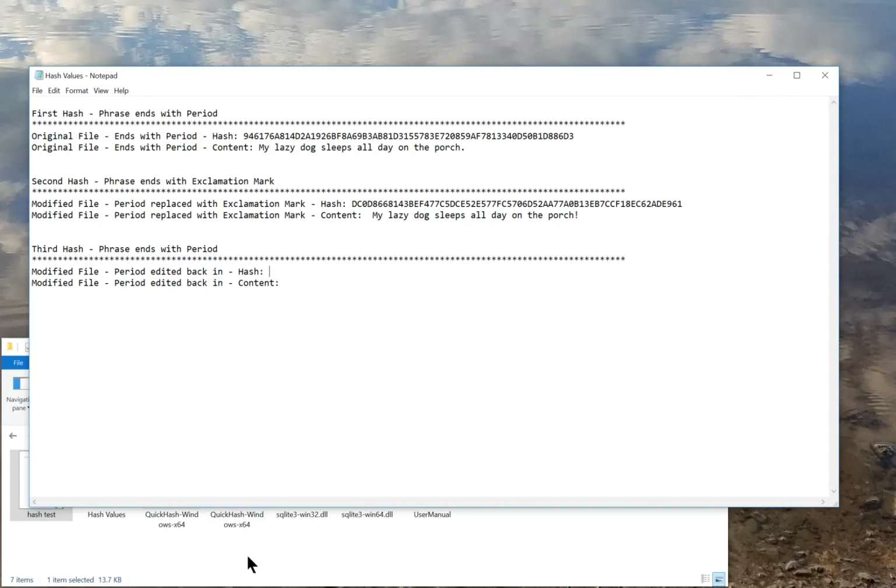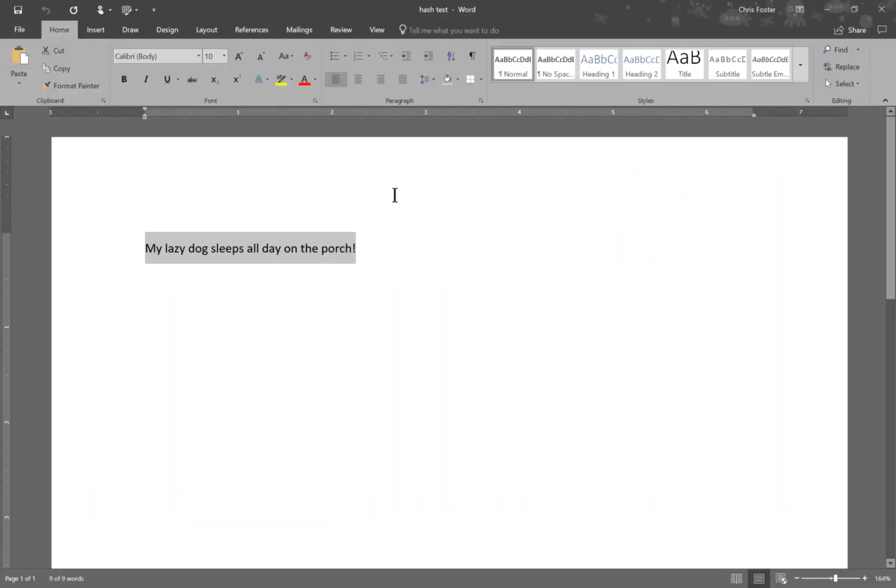So let's perform another test. We're going to go in and remove the exclamation mark. We're going to put a period back, because this is what we started with, right? So do you think the hash value will revert to the original hash? I mean, the content's the same, right? Well, let's see what happens. So we save it, close it,